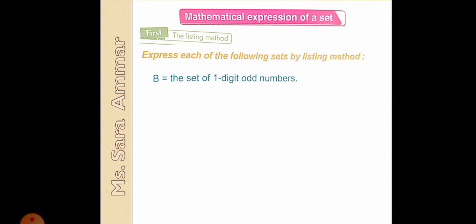Do you remember the odd numbers? The smallest one you know is 1, then 3, 5, 7, 9, 11, and so on. But see, 11 consists of two digits, so we can only stop at 9. Because these are the odd numbers that consist of one digit. Okay, so again, first we write the name of the set, which is B capital, then we put the braces here, and then we list down the elements.